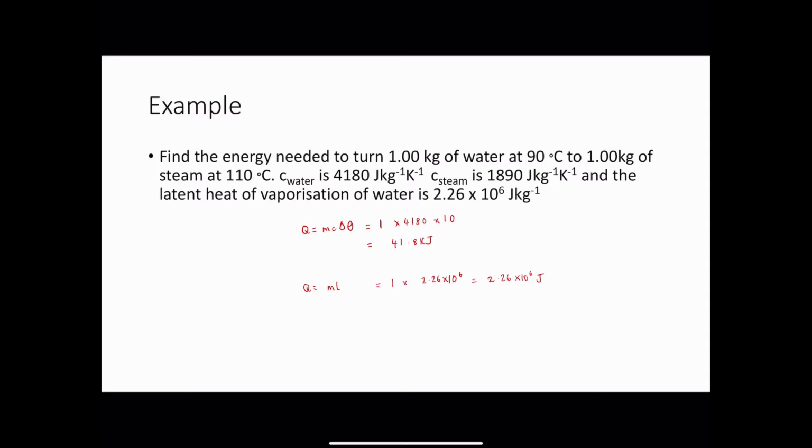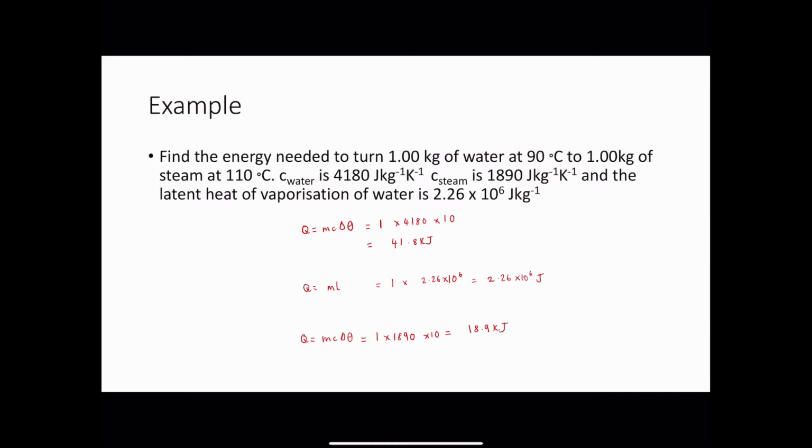And that's all to do with getting the water to 100 degrees, which is where it'll start to turn into steam. Then we need to also find out the energy needed to heat the steam by 10 degrees. So again, we go back to our specific heat capacity equation. So that's 1 times 1,890 times 10, which is 18.9 kilojoules. And then to find the total energy, we're just going to add all of those numbers